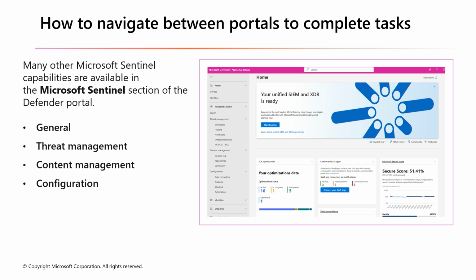Key areas like the general settings, the threat management, content management, and configuration are all available under the Microsoft Sentinel section. For tasks that require deeper configuration or advanced features, you can still pivot back to the Azure portal as needed. This setup streamlines your workflow while keeping the full power of Sentinel just a click away.